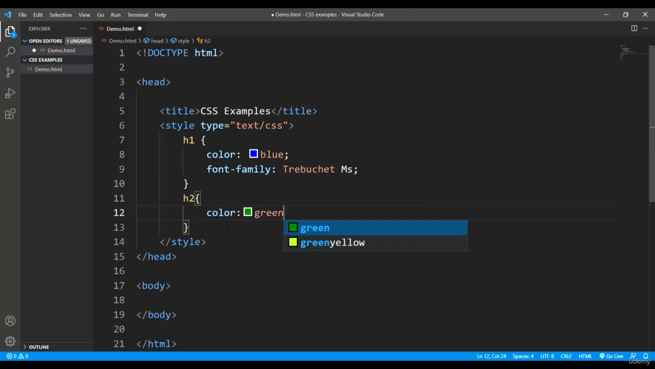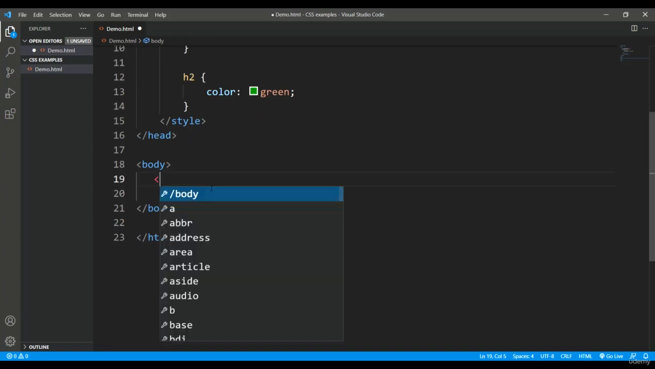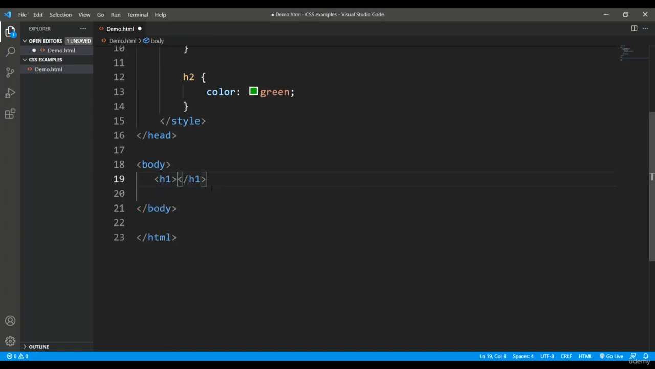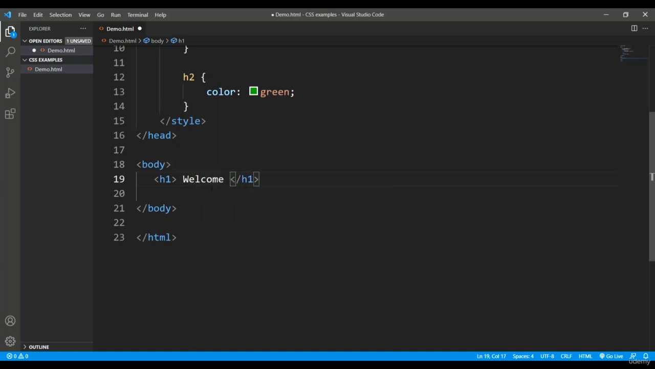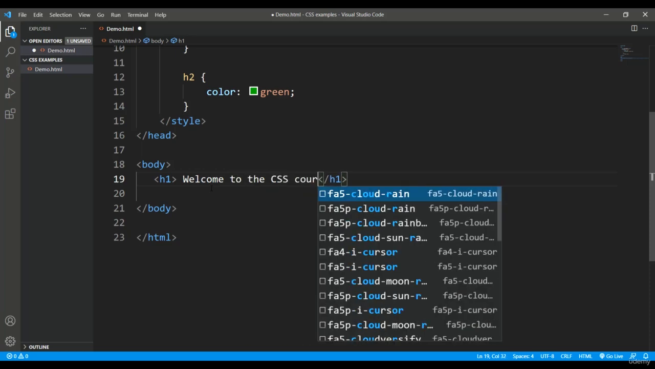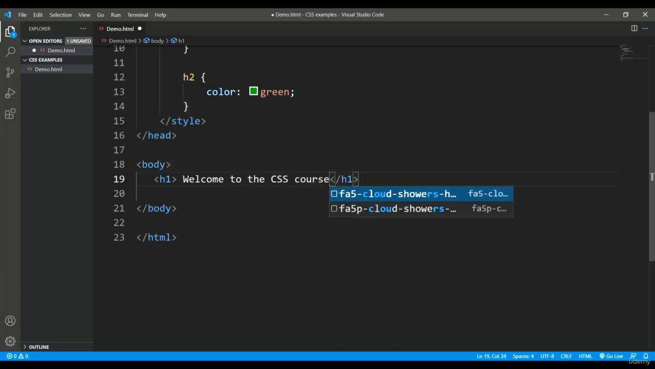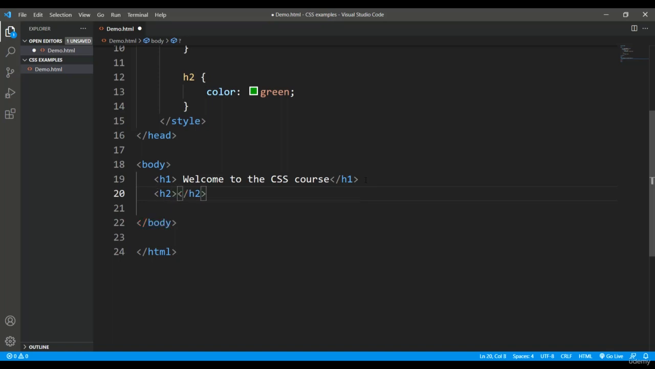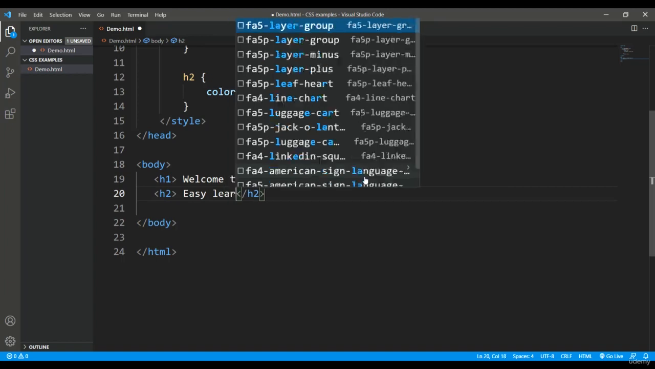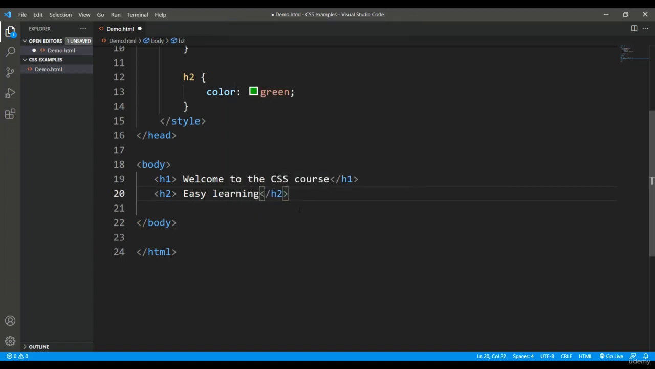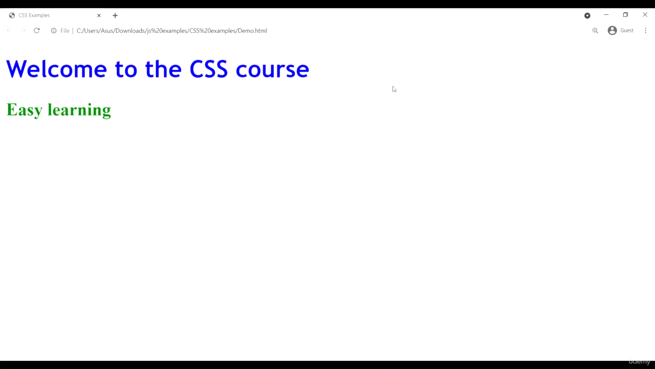Alright. So now I'll come to the body and simply put an H1 tag with the text welcome, and in H2 I'll put another text, easy learning. Alright, so let's come back to the browser, and when I refresh this, you can see the H1